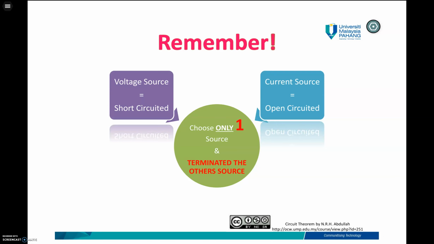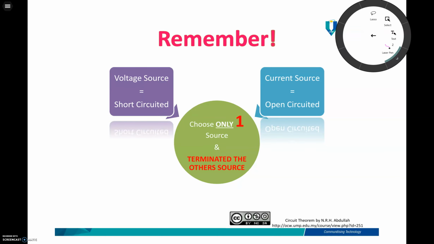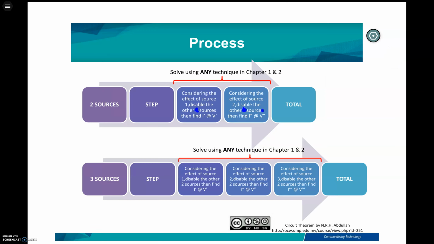In order to terminate the other sources, if the circuit consists of a voltage source, you have to short circuit that source. And if the circuit consists of a current source, you have to open circuit that current source. This is the process of